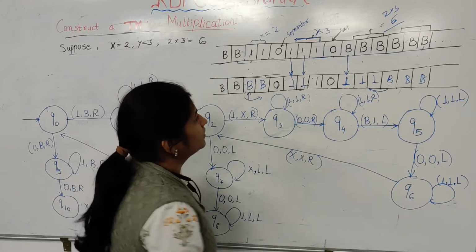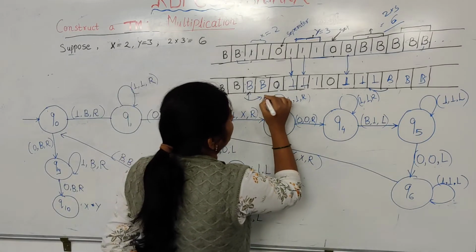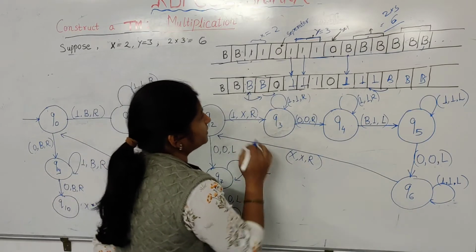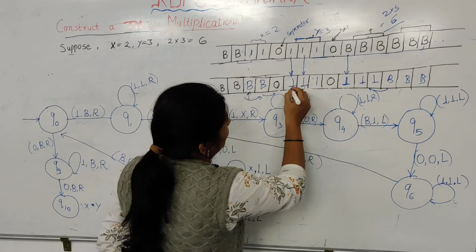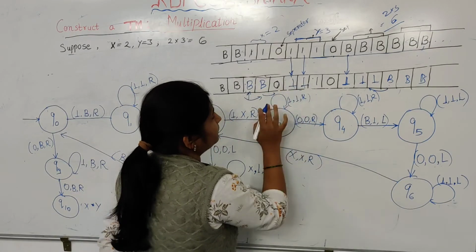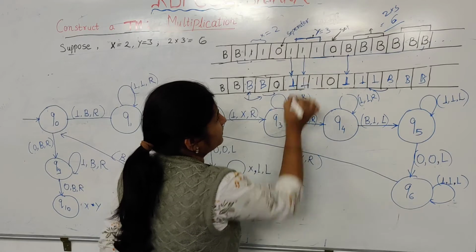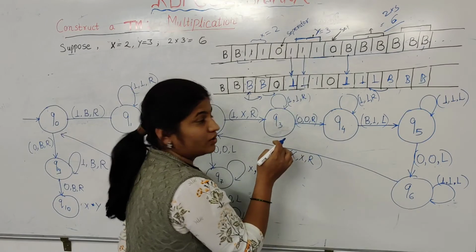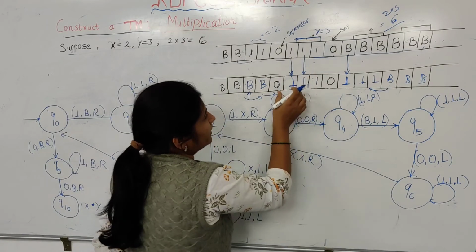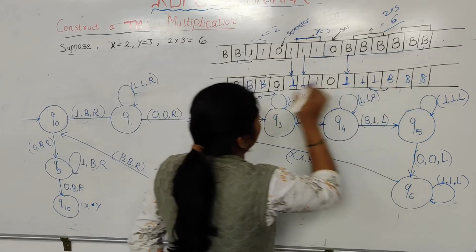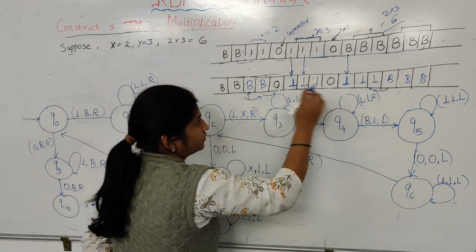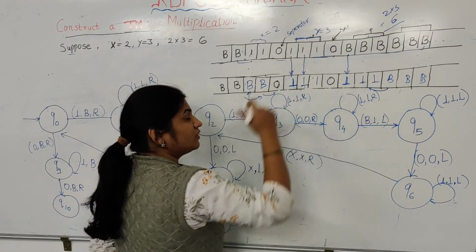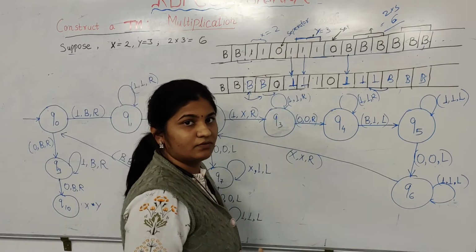Now after this, what will we do? If we encounter the 0, we will keep it as it is. No change in this. Now if we encounter the 1 after the separator, what we did first, first of all it was 1 on 2, so we modified it into x. So again for this one we have to modify this. Again the same procedure we have to do. We have to first convert this 1 into x, and then x again into 1, and this 1 will be again converted into blanks. That will be our final target.